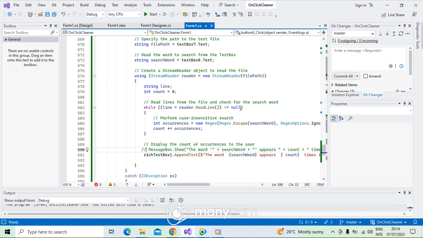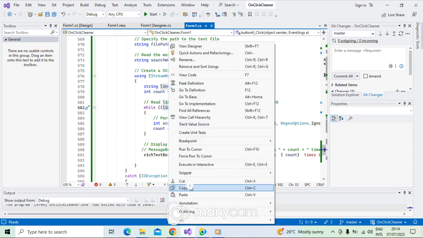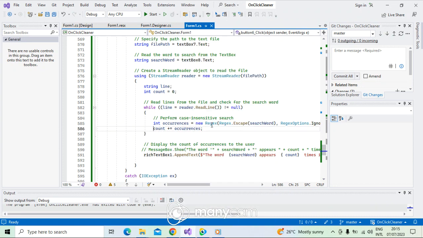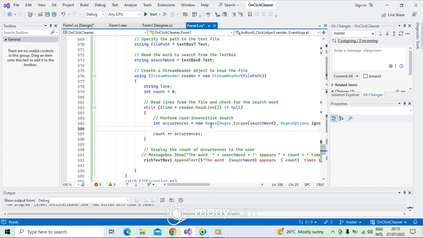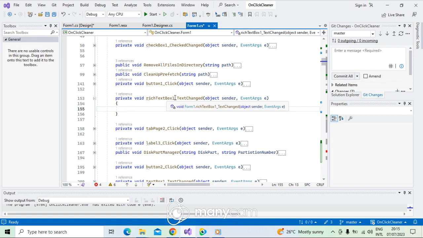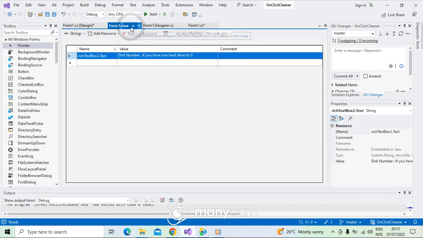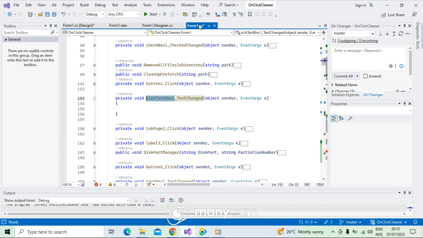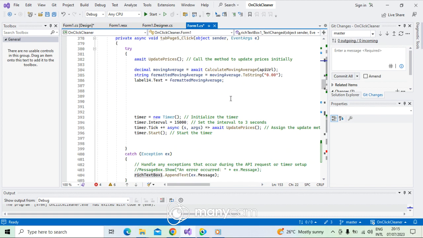Let's come back here line, I say here big daddy, before that you tell me what's the count, I say here line, which is where I want to put it. I say here rich text box 1. Okay, rich text box 1, which is now here,